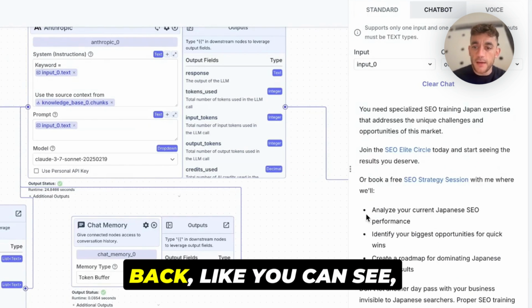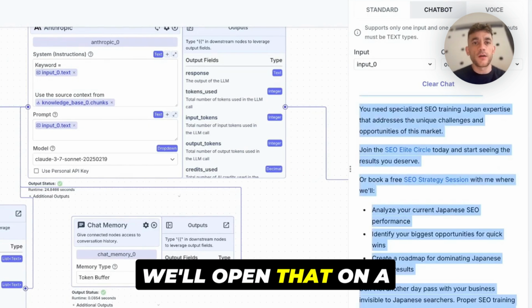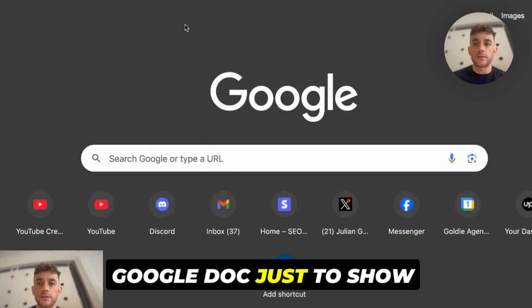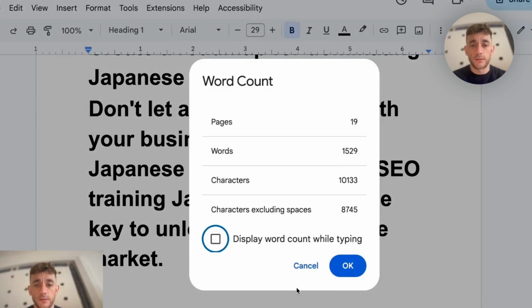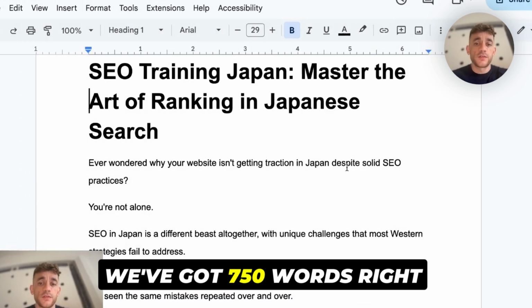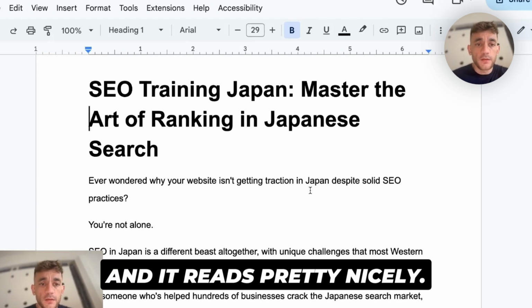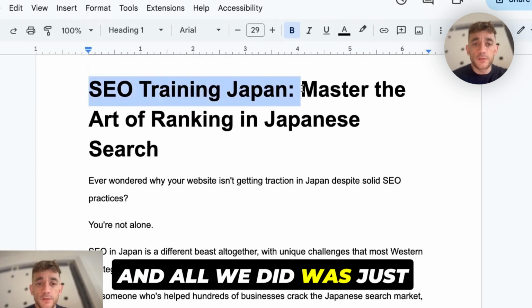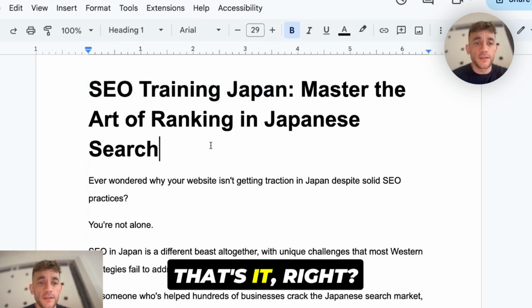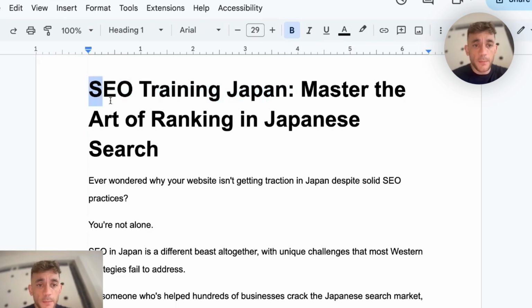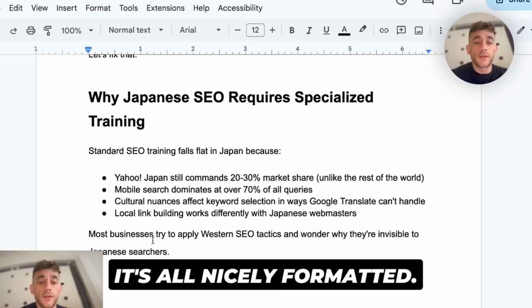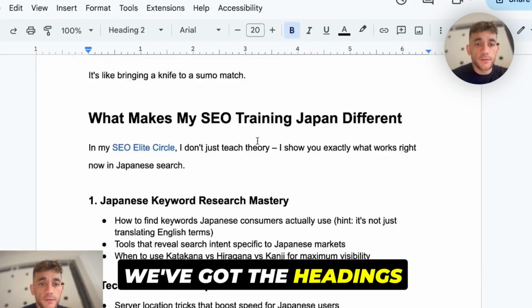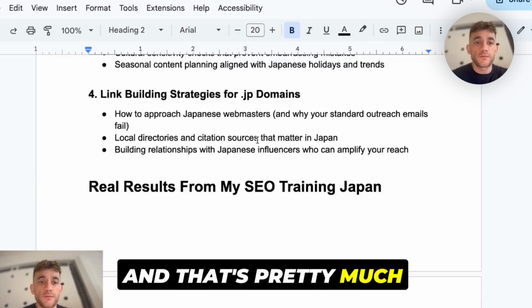Now we've got the content back, like you can see. We'll open that in a Google Doc just to show you the output. And this AI agent just creates content for us on autopilot. Let's see how long the content is. So we've got 750 words right there, and it reads pretty nicely. And all we did was just give it a keyword. That's it, right? SEO training Japan, master the art of ranking in Japanese search. It creates a nice little intro. It's all nicely formatted. We've got the headings throughout, nice bullet points, and that's pretty much ready to go